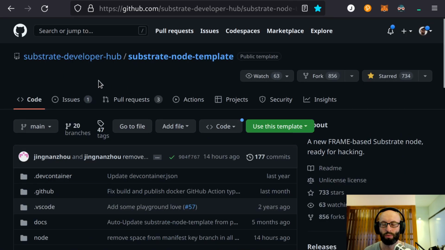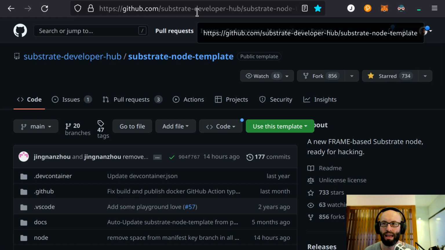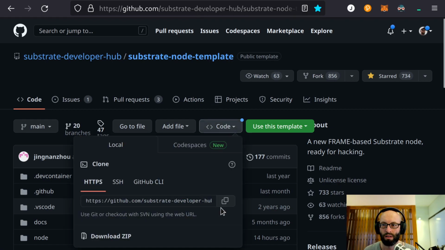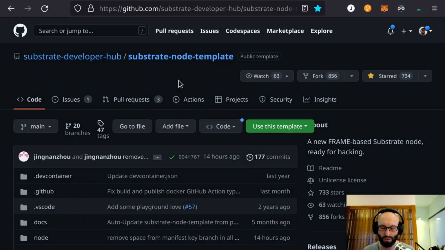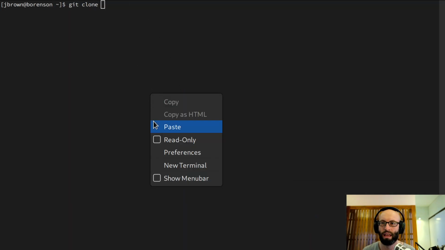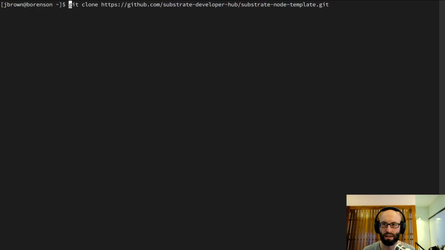Okay, so when you want to build your custom pallet for Substrate, you should start with this repository. I'll have a link to it in the show notes below. So of course you can copy the URL for cloning. So you would git clone the repository. I've already cloned it, so I will just enter